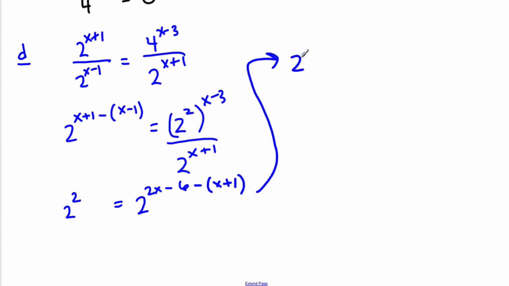And so we have 2 squared is equal to 2 to the 2x minus x. That's just x. And then minus 6 minus 1. Make sure you use this negative. Distribute the negative. Minus 6 minus 1 is minus 7. Which means we have 2 equals x minus 7. Add the 7, we have 9 equals